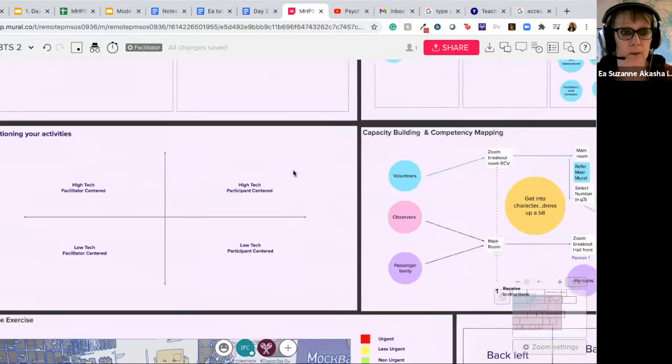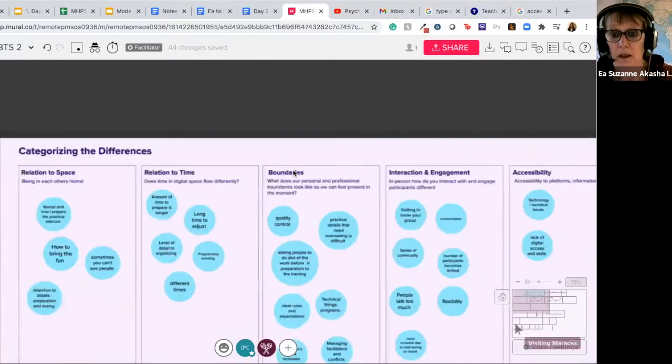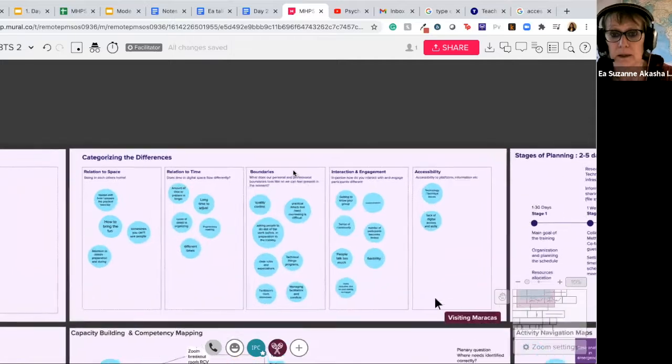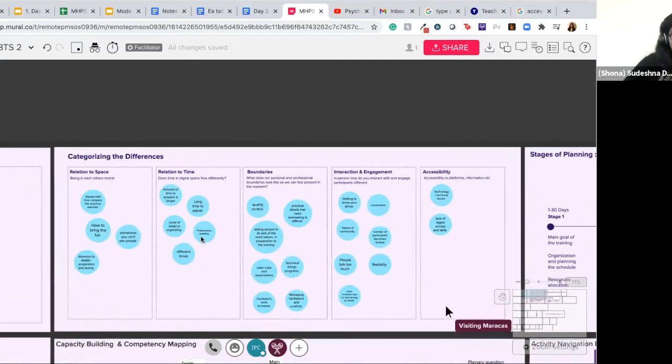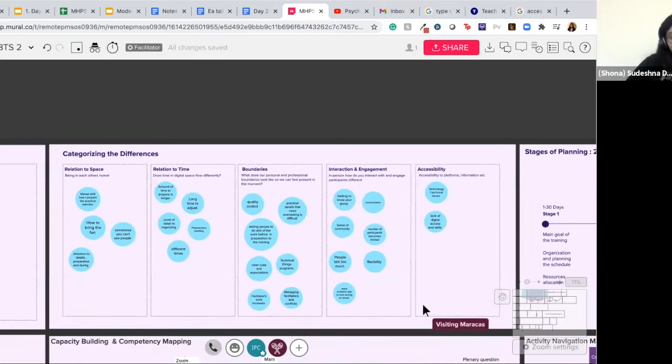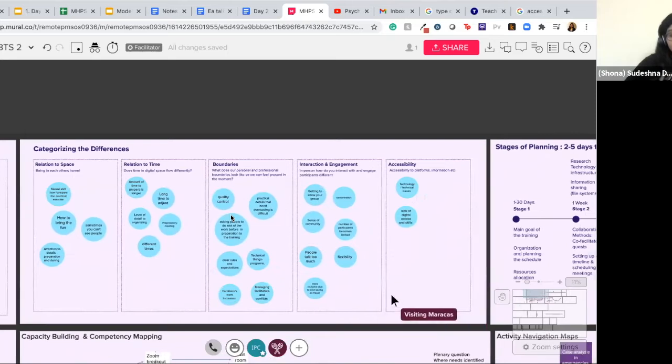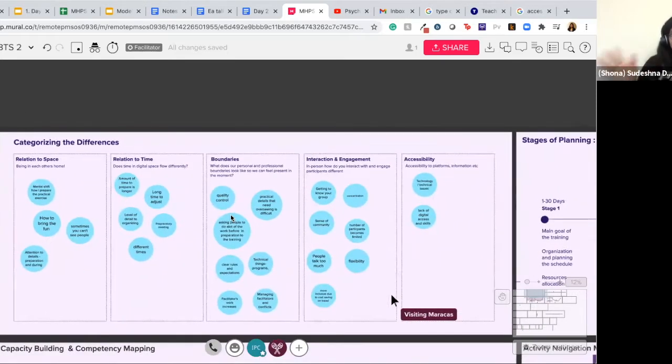And as we have been talking, Shona, you have been populating the mural board, I think. So you put some notes in there. I have written more on this in the paper that we can share. Yeah. So essentially what I did is take all the points that you had shared and started to categorize them in this way. By categorizing it in this way, you start thinking of these relations in a way that you can create spaces or experiences around when you're trying to engage your participants.